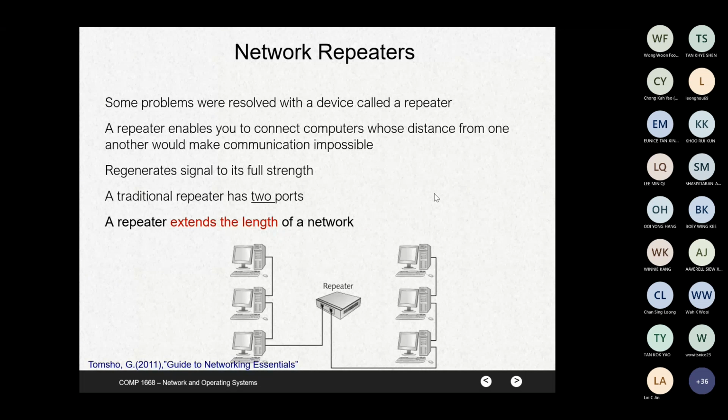It is something like your phone. As you go further into rural areas from the antenna or the hotspot, the signal gets weaker and weaker. Then you need another booster, so-called repeater, a device that retransmits or re-energizes the signal so that you can hear it clearly. So the repeater works in the same way, right?